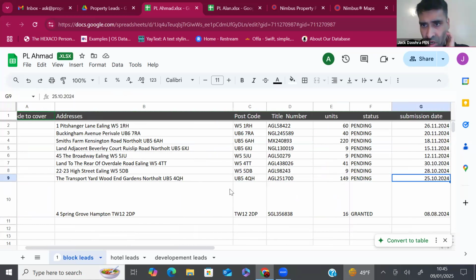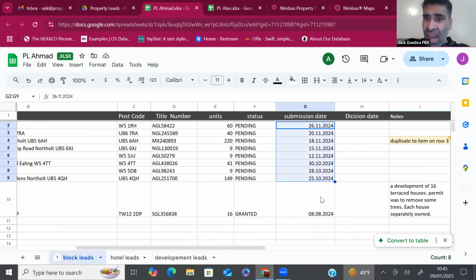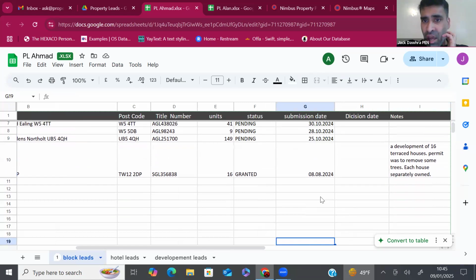Okay. So all the others that I'm looking at are pending, and their submission dates are all 2024. I've asked them to go more to early 2024 and 2023, so we are looking at more mature deals, or mature leads. Does that make sense? Yes. Also, guys, when you look at block leads, you need to go to early 2024 and 2023, so we can be looking at more mature leads in terms of the content in the planning permission. So I'm leaving notes for them so they can pick them up.